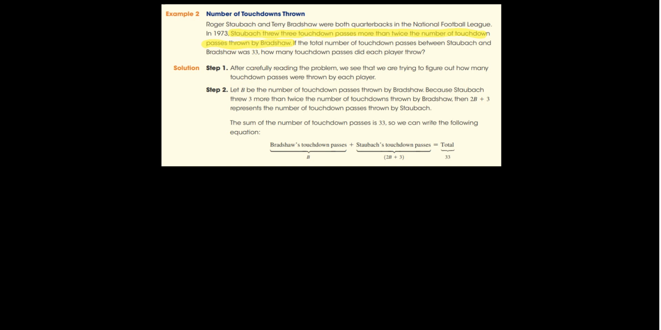If the total number of touchdown passes between Staubach and Bradshaw was 33, how many touchdown passes did each player throw? So what we're going to do is break this down. Apparently we don't use T for touchdowns, but if we think about this intuitively, this is asking if the number of touchdown passes between Staubach and Bradshaw was 33, how many touchdown passes did each player throw? So 33. Staubach threw some amount, Bradshaw threw some amount, and their total is